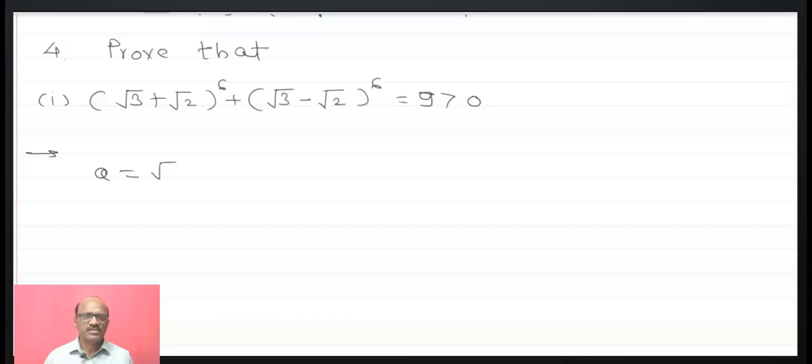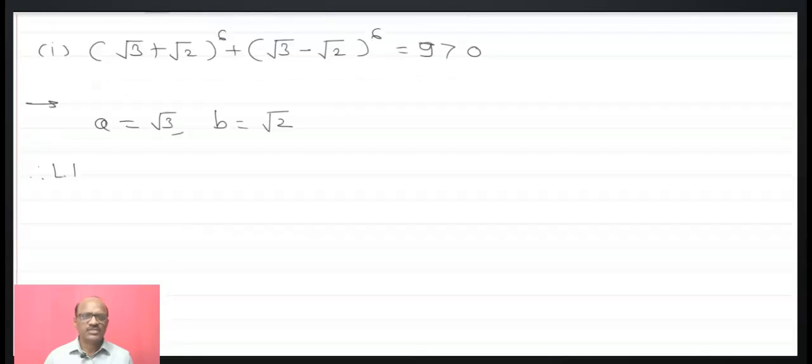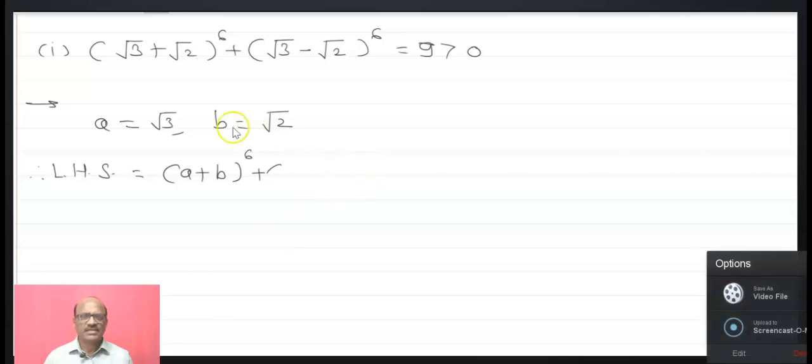plus root 3 minus root 2 bracket is to 6 is equals to 970. Now here again these two terms and these two terms are equal. Only the sign between them is a minus. Again, we will apply the same formula, that is a is equals to root 3, b is equals to root 2. Now expand this, which is the LHS, a plus b bracket raised to 6 plus a minus b bracket raised to 6. Their expansions are